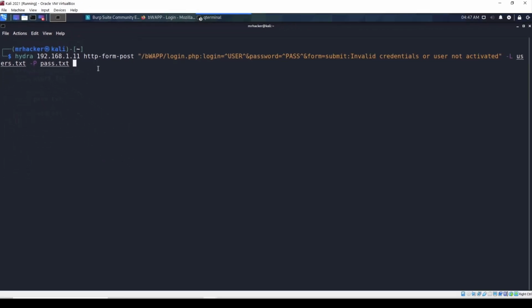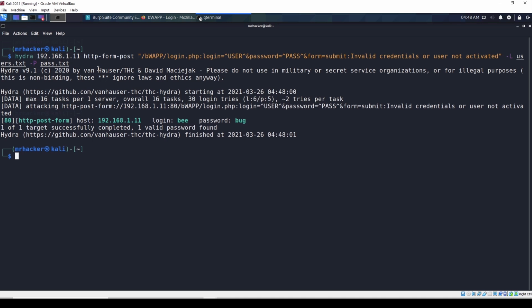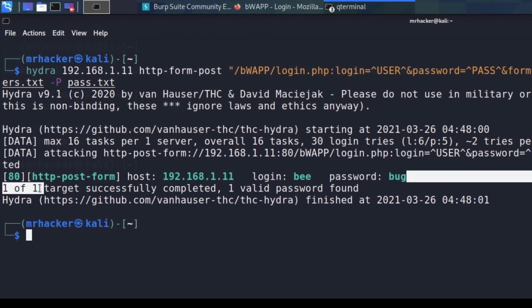Okay, let's press enter and see whether this command will work. And you will notice that in just 1 second we managed to perform all of the combinations of usernames and passwords. And we got the correct one right here. So not only did this finish much faster than Burp Suite Intruder, but it also outputted our correct credentials in